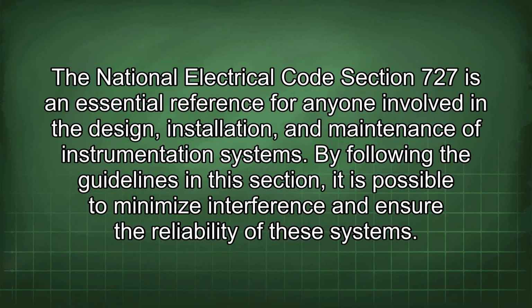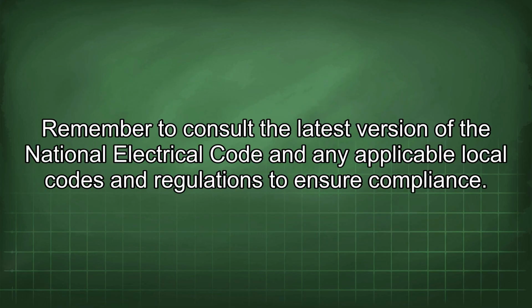The National Electrical Code Section 727 is an essential reference for anyone involved in the design, installation, and maintenance of instrumentation systems. By following the guidelines in this section, it is possible to minimize interference and ensure the reliability of these systems. Remember to consult the latest version of the National Electrical Code and any applicable local codes and regulations